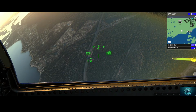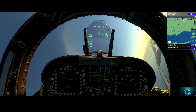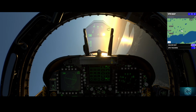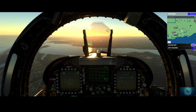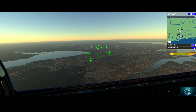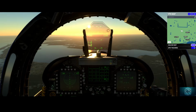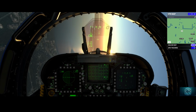Very nice. That's always fun. 4-point turn. Give it about a 90-degree angle every time. I'm not the best at that. I'm a little bit better in the F-16 when I fly it. But like I said, I'm just not the best at it. So right now we are, I believe, overshooting. So